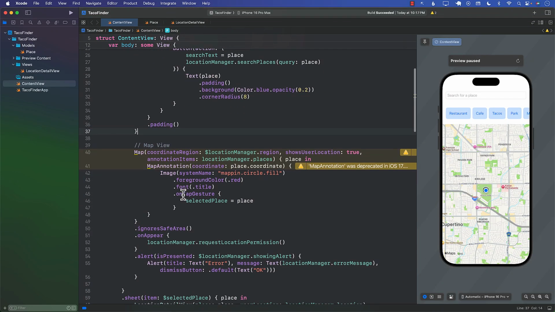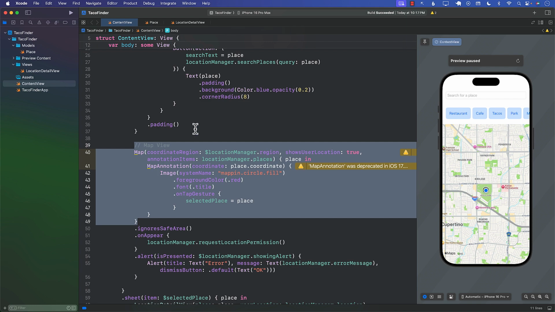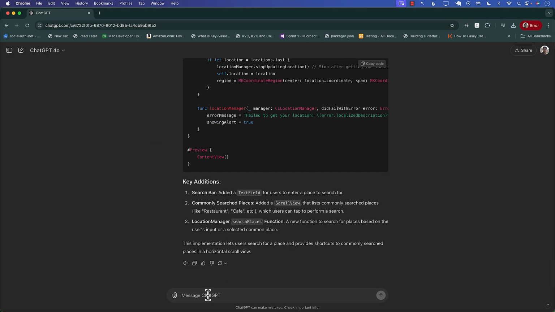So let's go ahead and see how we can fix this problem. Now, if you try to fix this problem with ChatGPT, it may not be able to help you out because it does not really have that information. But we can definitely try. So I can go ahead and copy this, and I can say to ChatGPT, when I use the following code,